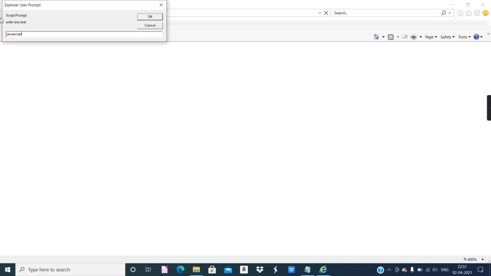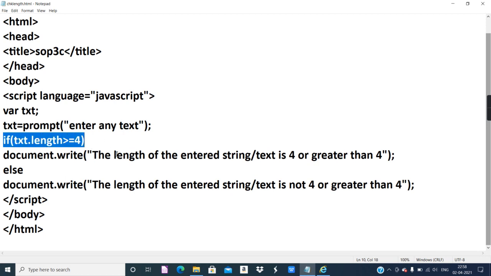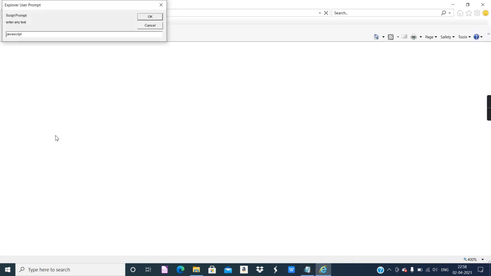And 10 is definitely more than 4. It is not equal to 4, but it is more than 4. That means our first condition will be true, and we must get this statement as our output.